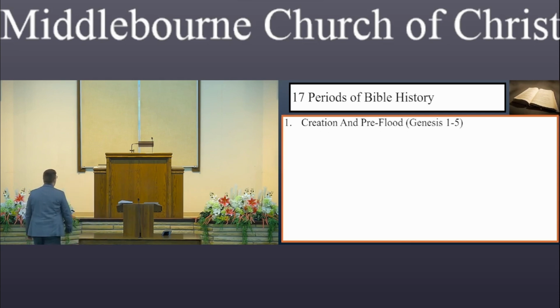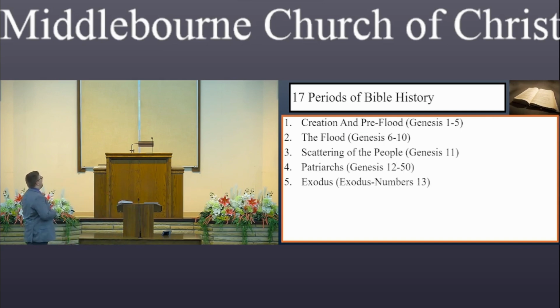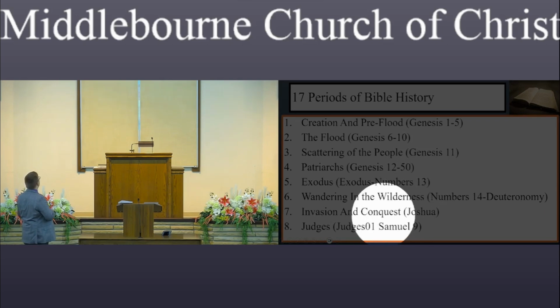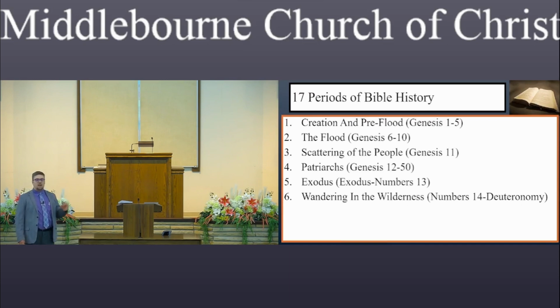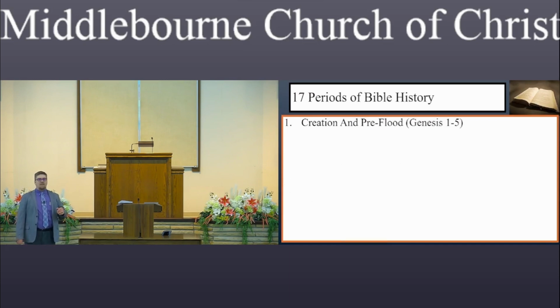Let me add this disclaimer. If you happen to have learned these before with Brother Waldron's material, the scriptures that I'm going to give are slightly different. It's his periods of Bible history that he did, but these are different. For example, I believe it's something like down here in Invasion and Conquest, or the wandering he has going through like Joshua 4, and then the Invasion and Conquest is 5 through 24. I've got to try to round them off as much as possible just to make it a little bit easier, because those first couple of chapters of Joshua are really just preparation to enter in. They technically are still wandering in the wilderness, but it's preparation to enter the promised land.